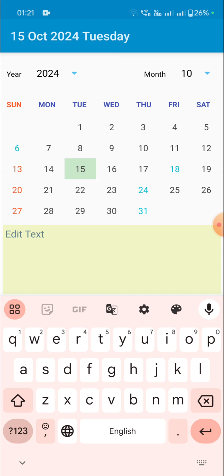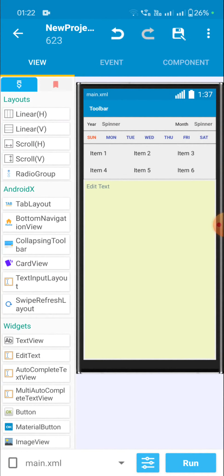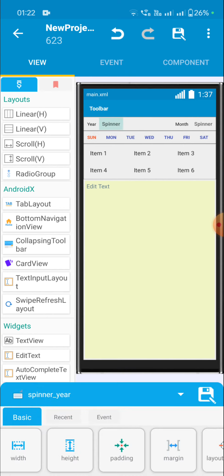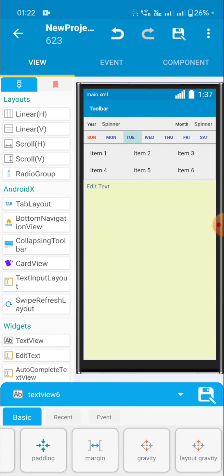Now I will show you how to create this in Sketchware. So here this is the main.xml page and I have two spinners here, spinner_year and spinner_month. Below this I have a linear horizontal which contains these text views Sunday to Saturday. All of them have weight equal to 1 and width